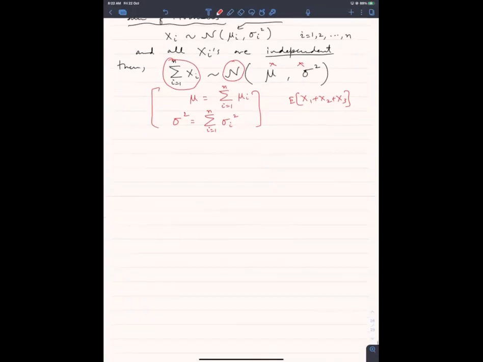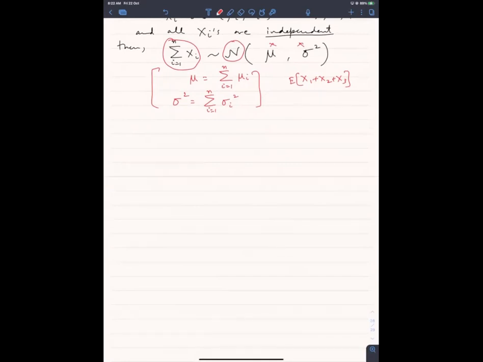We can figure that out. It's not too difficult, so I'm not going to do that right now. I'm going to talk about another very interesting distribution which comes up very often,